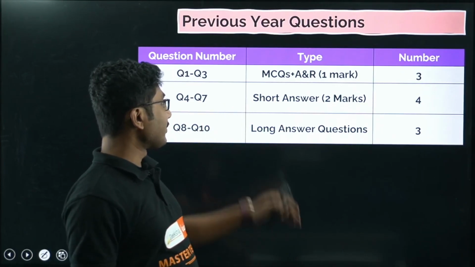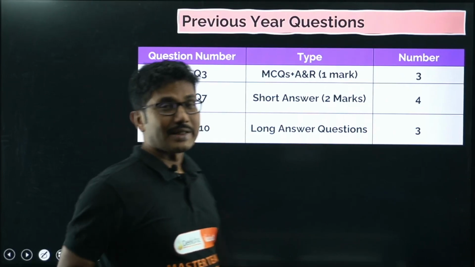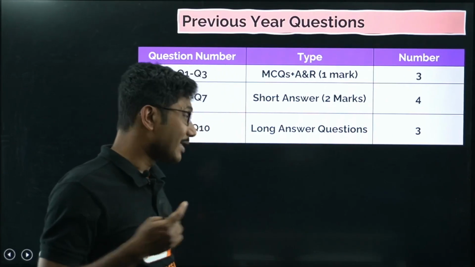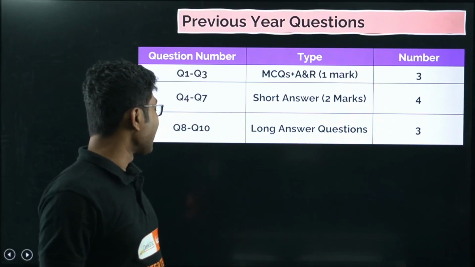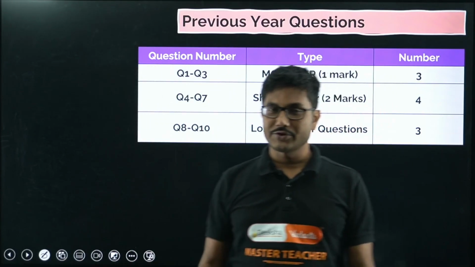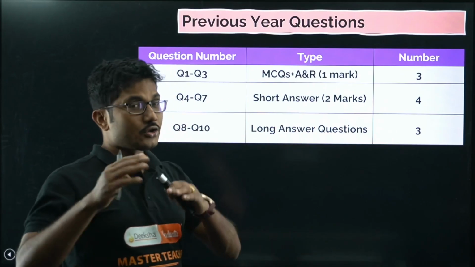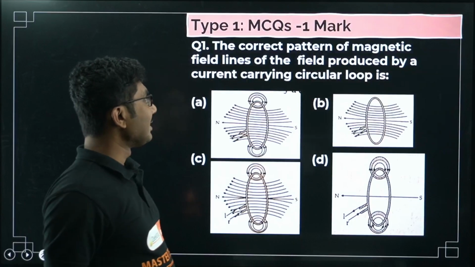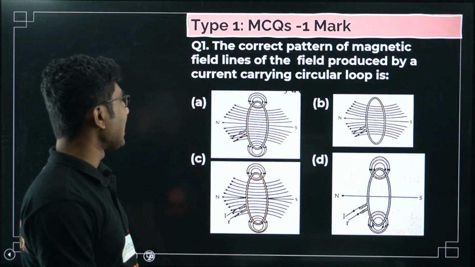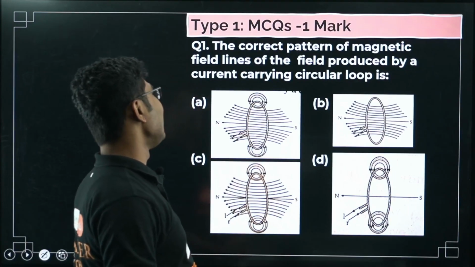Question 4 and question 7 are short answer type 2 marks questions. Sometimes they can be asked as 3 marks questions as well. Then question number 8 to question number 10, we will be solving long answer type questions. So only 10 questions we will solve today, so this will be a very small session. Wait till the end. The first question that is given is: the correct pattern for magnetic field lines of the field produced by a current carrying circular loop is